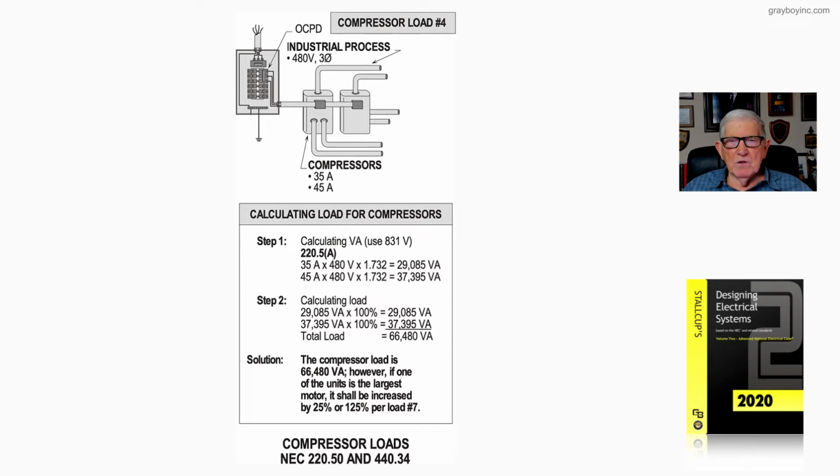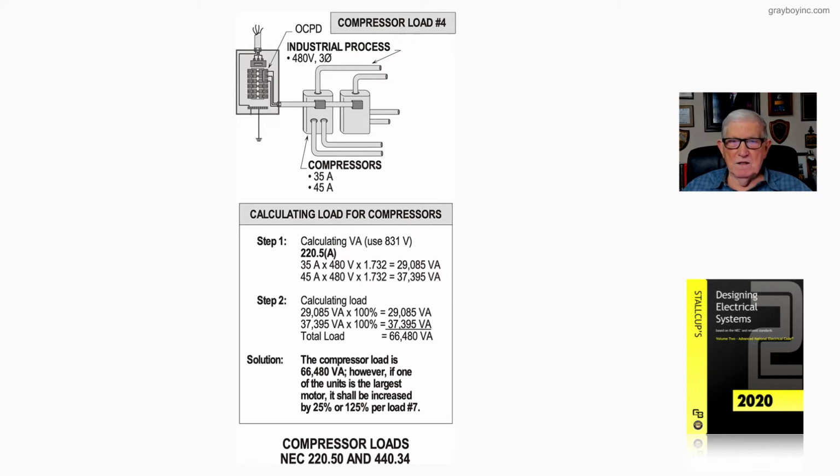Step 1, 220.5A, you take the supply voltage, not the voltage at the end user, but the supply voltage in the coordinates for 220.5A. So we take 480 volt times the square root of 3, and we use 831 as the voltage rating. So 35 amps times 480 times the square root of 3, we come up with 29,085 VA. 45 amps times 480 times the square root of 3, we come up with approximately